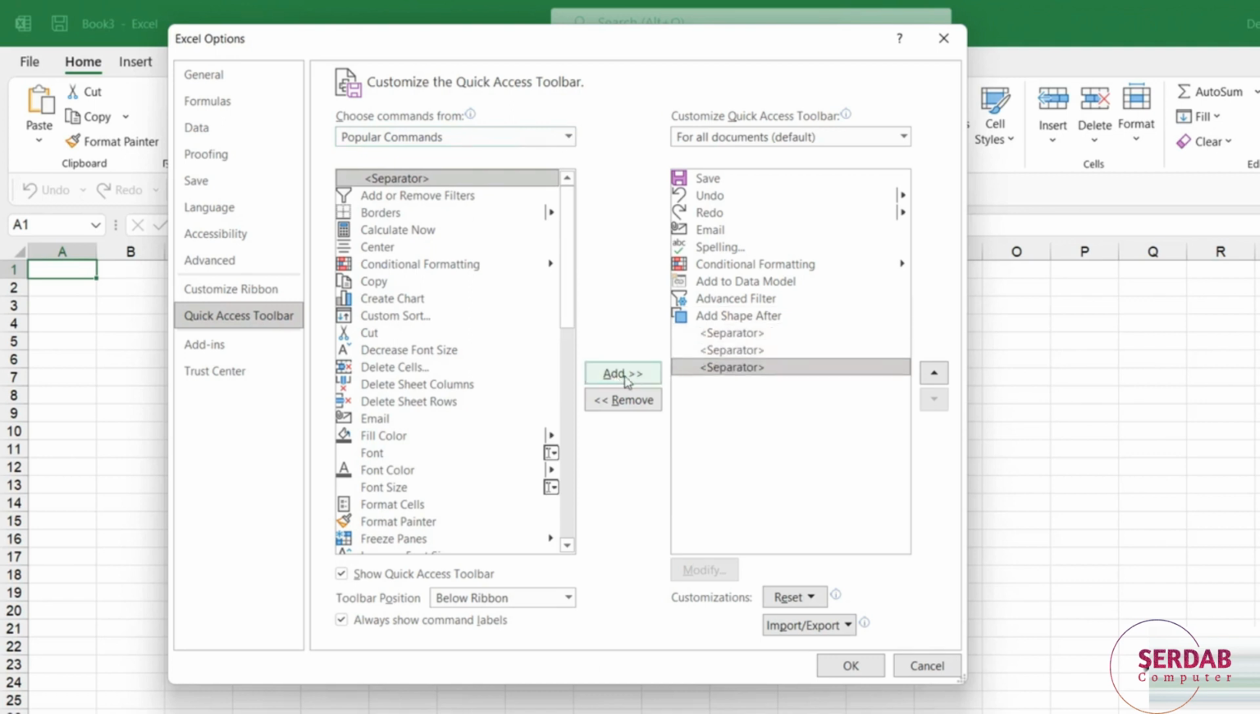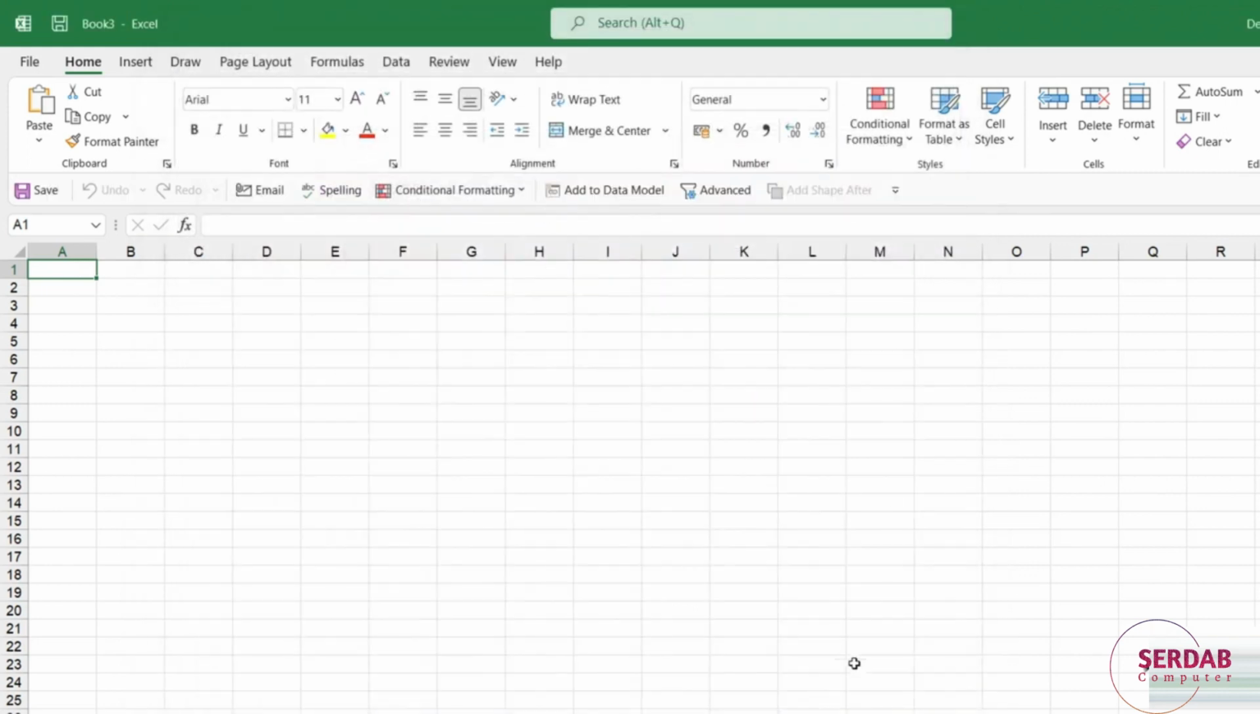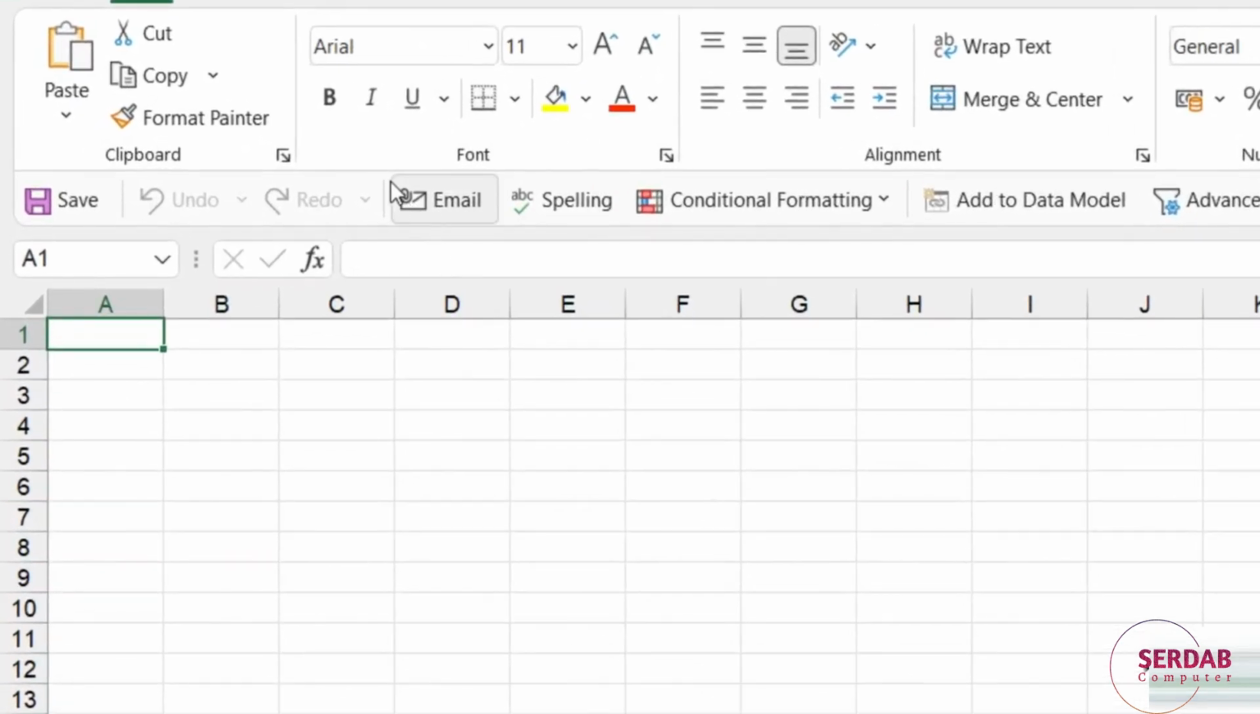So I'm going to add 3 into here. And then I can move these into the correct position. So maybe I want to separate Save from everything else. Maybe I want to separate Undo and Redo from the rest of my commands. And then finally, let's put that just there. Once you're happy with how you have your QAT organized, if we click on OK, it's going to update with those changes. And I don't know if you can just see, a very faint line in between these,